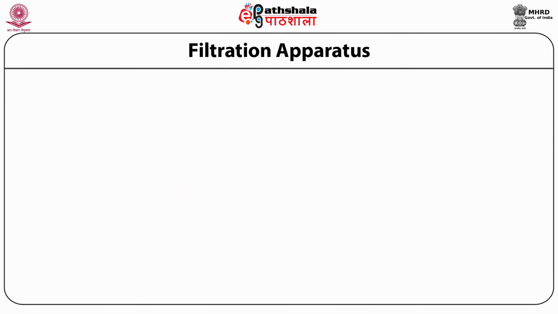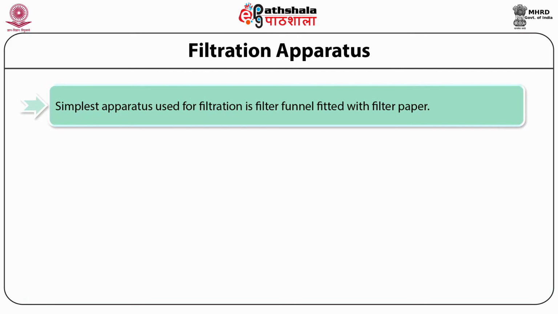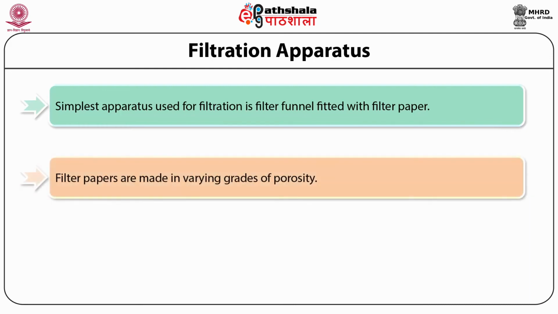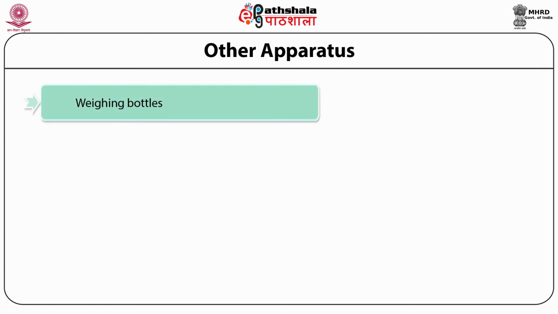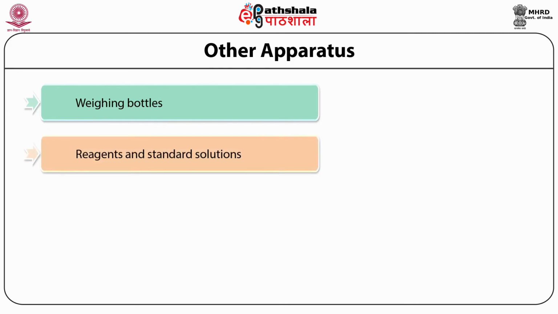Then after that filtration apparatus is required and the simplest apparatus used for the filtration is the filter funnel fitted with a filter paper. The filter papers are made in varying grades of porosity and one appropriate to the type of material to be filtered must be chosen. Another type of apparatus required is weighing bottles, different types of weighing bottles, reagents and standard bottles